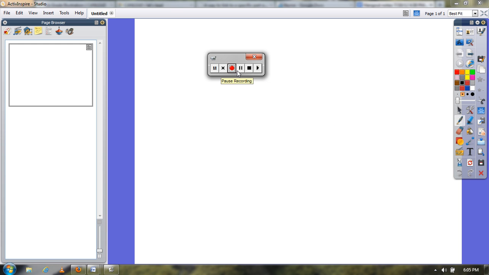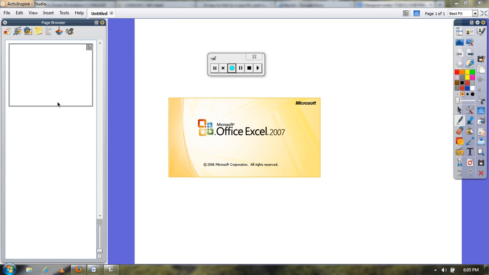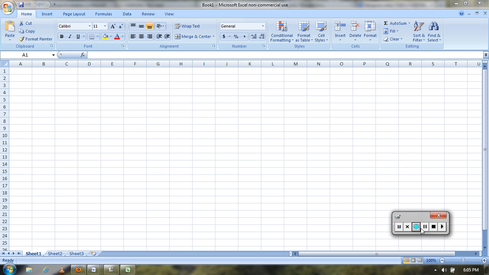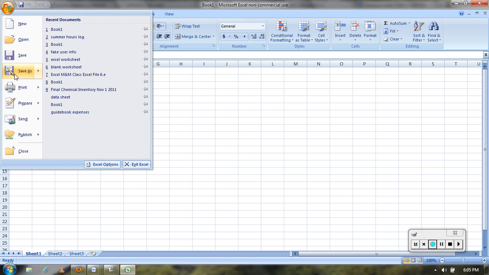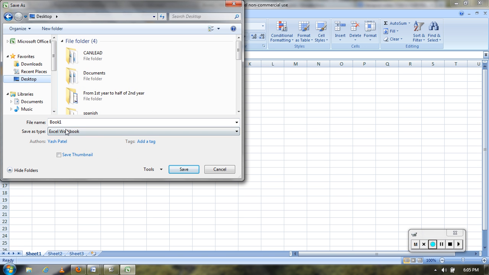Hey guys, basically I'm going to show you a few basic Excel functions here, and the first thing we need to do is open and save an Excel document. So in my start menu I'm going to go to Microsoft Excel 2007, I'm going to click on that and it's going to open a brand new document for me, and I want to save this document, so I'm going to go to File, Save As, and I'm just going to happen to save this to my desktop as Book